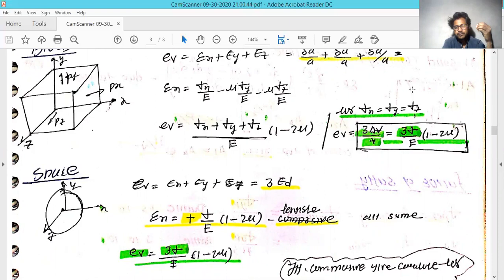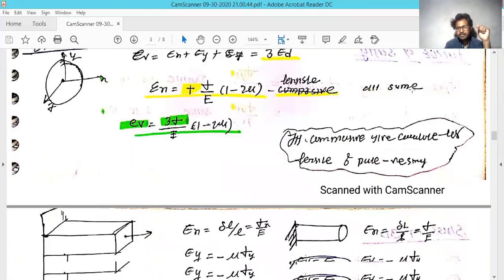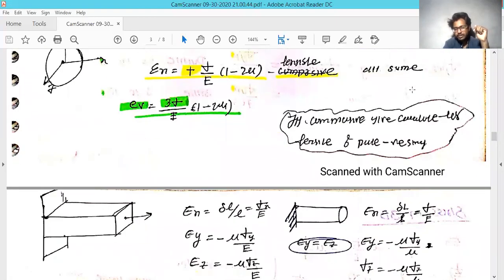So here we have assumed that the force applied on that sphere is tensile forces. If it is tensile forces, the dimension will remain constant. That's why it will reduce in the simple form, which is nothing but stress divided by the modulus of elasticity times (1 minus twice of mu). And if you put this formula in the volumetric strain, it will multiply by three times. So this is how we have covered the fourth cross section as well.